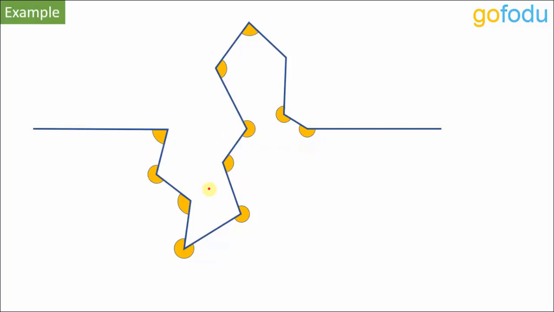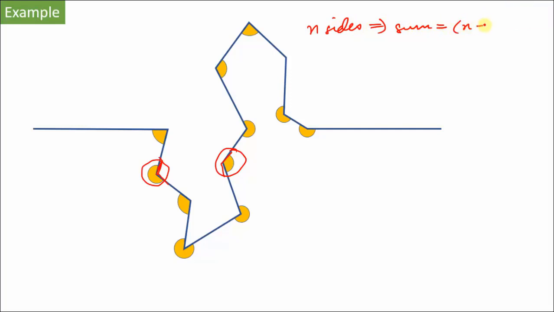Now this is a random figure with no information given, so you cannot just say that this angle here and this angle here will sum up to 360 degrees. We cannot just assume that this angle will fit perfectly in this space given. We don't know that, so don't go for such logics. What we know for sure is that had it been an n-sided polygon, the sum of all the angles will be (n minus 2) into 180 degrees. But we don't have a polygon here.